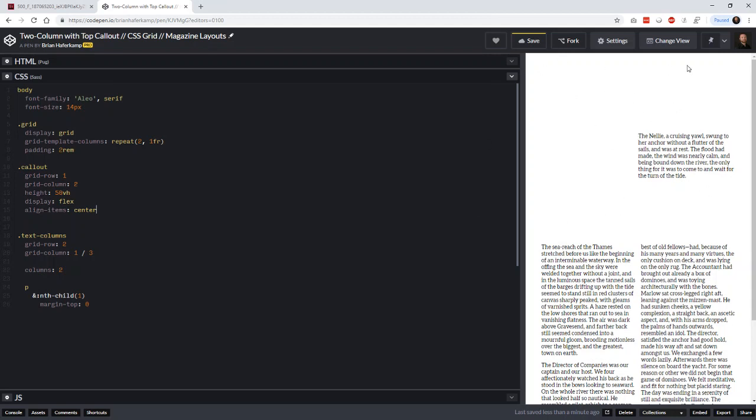So remember, this is the whole callout here, right? And then we have this p element that's inside of that, so it's flexing in this big section, and this is the item that is being flexed. So we're essentially just aligning it to the center, which controls the vertical spacing by default, as long as we don't make this flex column and reverse